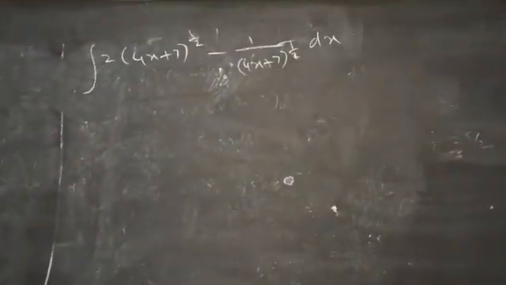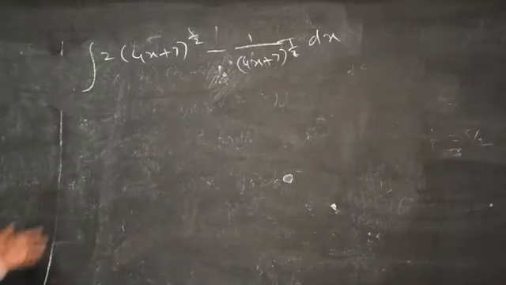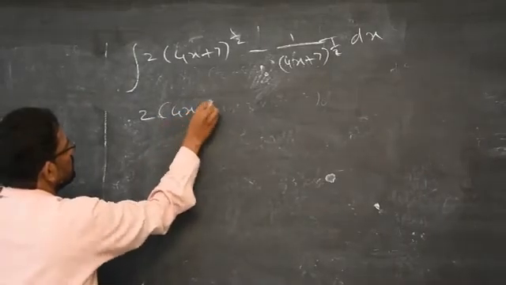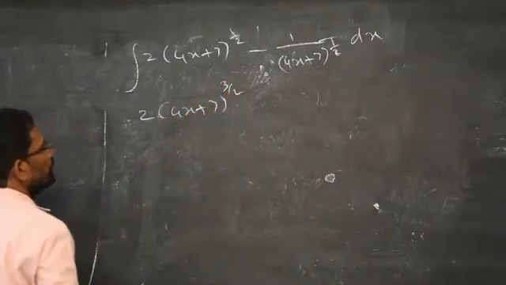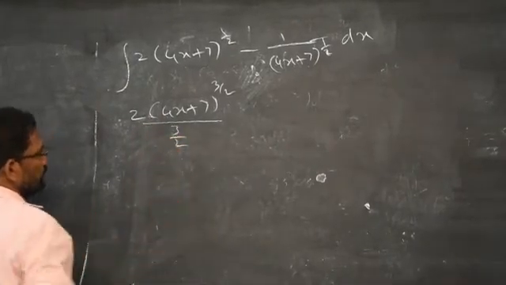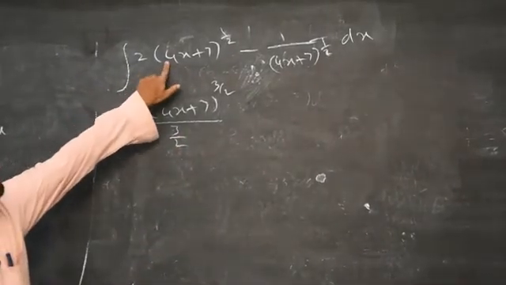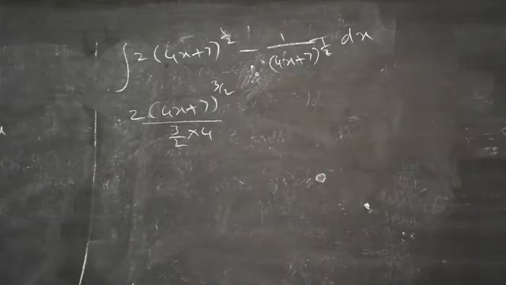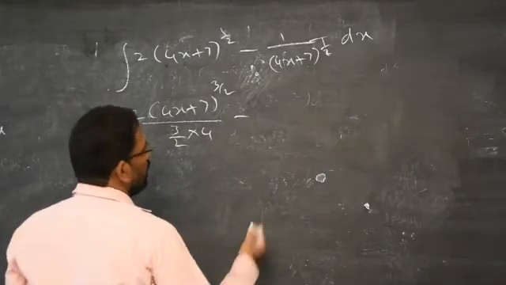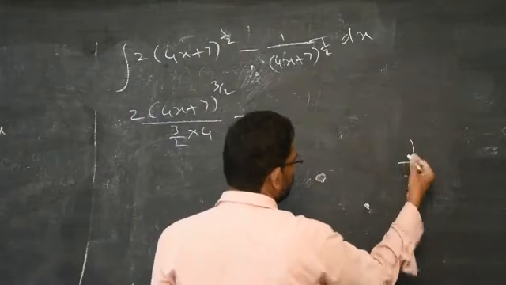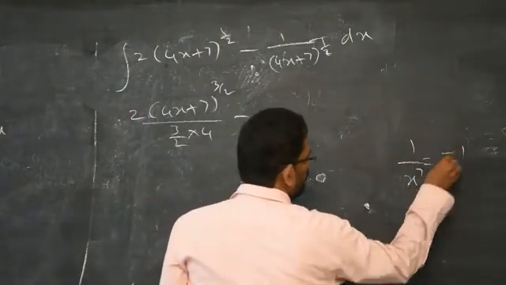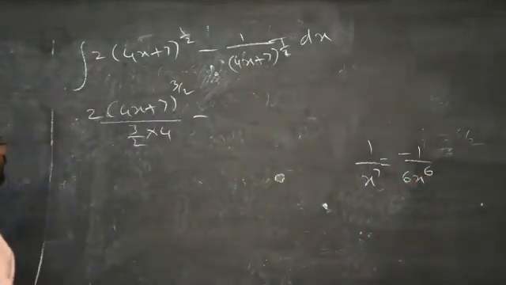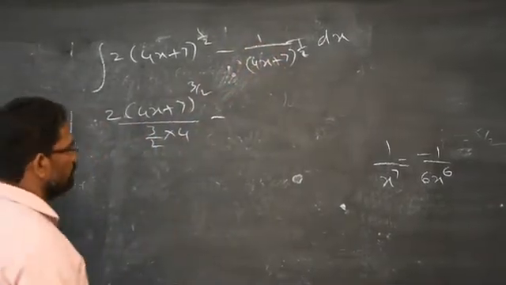Now as usual you can apply the formula. It is 2 into 4x plus 7, add 1 to the power, you get 3 by 2. 3 by 2 is the correct answer. See, you have some constant with the x, so differentiation of 4x is 4, into 4. That should be very important. Clear? Then minus, as usual when the power of x is in the denominator, you know how to simplify it. That is minus 1 by 6 x power 6. The same way, or you can take it to the numerator and simplify, you will get the answer.